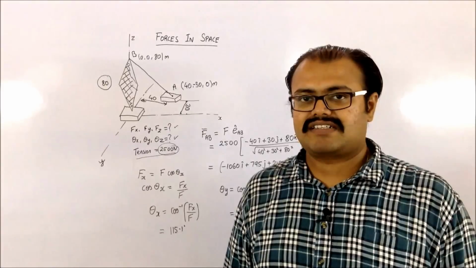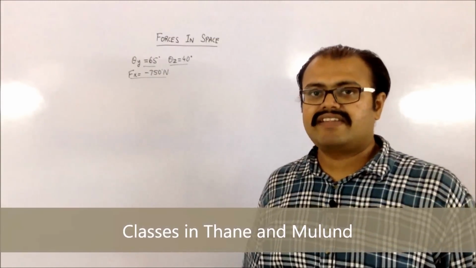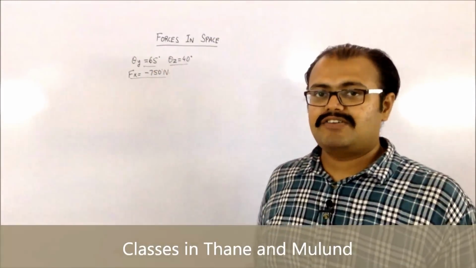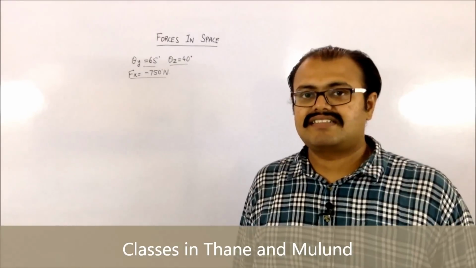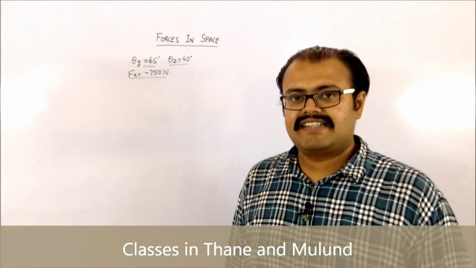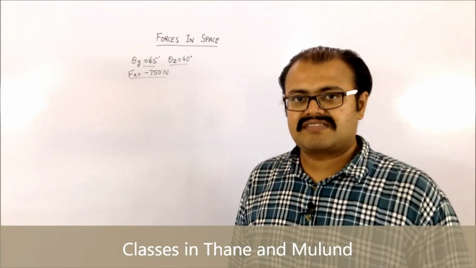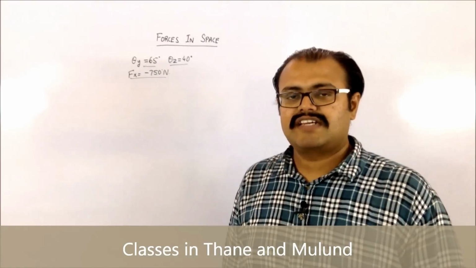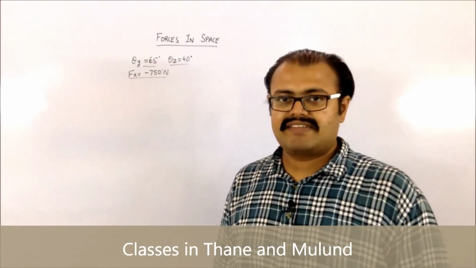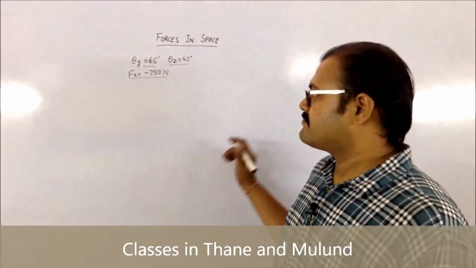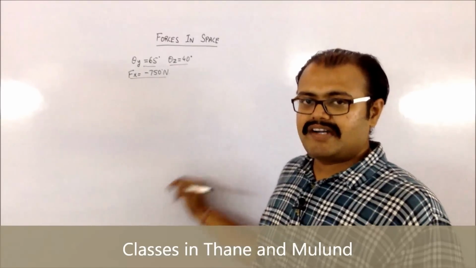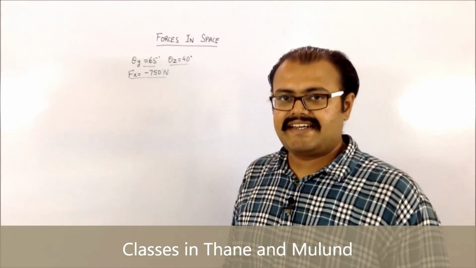So this is how you find the vector along your x, y, z and the angles of that particular vector. In the next question, they have given these particular quantities, that is theta y, theta z and your Fx. Fx means the component along the x-axis. You have to find the other components of this force, the magnitude of the force and the angle, that is the third angle which the force is making with the coordinate axis. Now, to begin with, we require to find what is going to be my theta x.